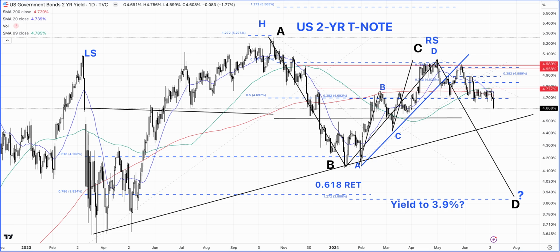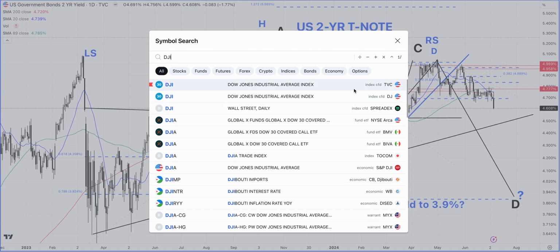Okay, so the chart that we are looking at is the daily chart of the US Treasury 2-year Treasury note, and we have got the yields on the y-axis. I'm not going to go into too much detail of this because we'll discuss this in its own section, but I really want to point out this is really key. What is happening in the interest rate markets, what happened last Friday, and the reason is that it finally broke on the shorter end of the curve, the 4.7%. That had been a support level for quite some time and finally broke to the downside, and we'll discuss further what it really means.